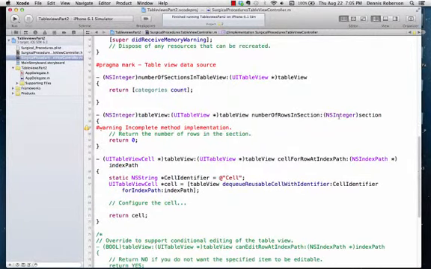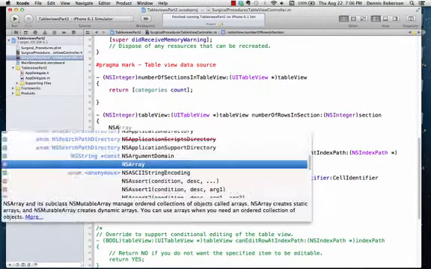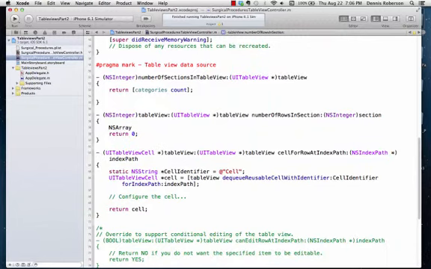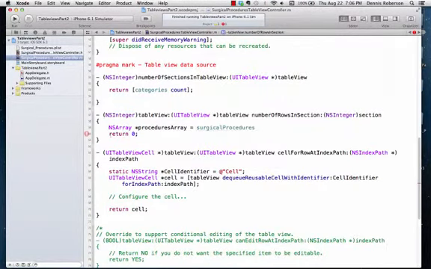Okay, next up, the TableView numberOfRowsInSection method. Now it gets a little tricky here. We have to determine the number of rows in each section, and to do that we need to count the number of surgical procedures in each section. Let me write the line of code first and then we'll take a closer look at it. So first of all, let's get rid of our warning here. And we will start off with an NSArray, and we'll call that array proceduresArray. And we get that from our surgicalProcedures dictionary,